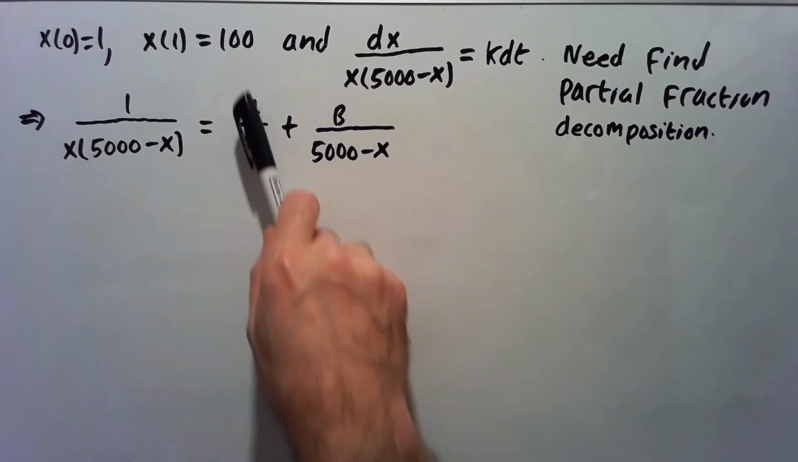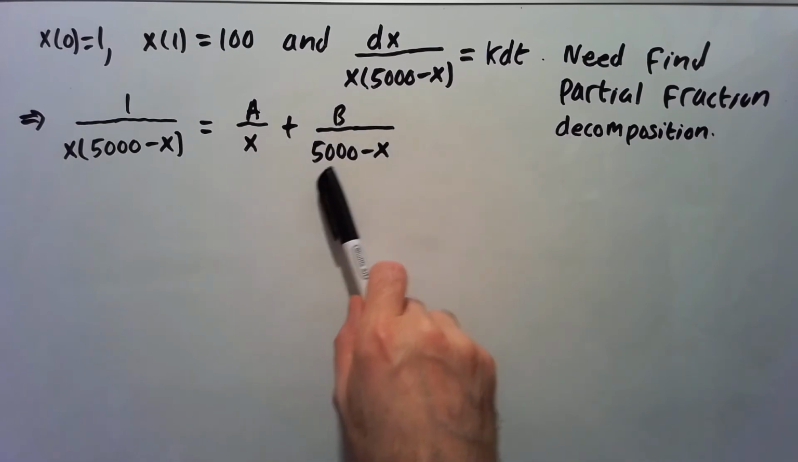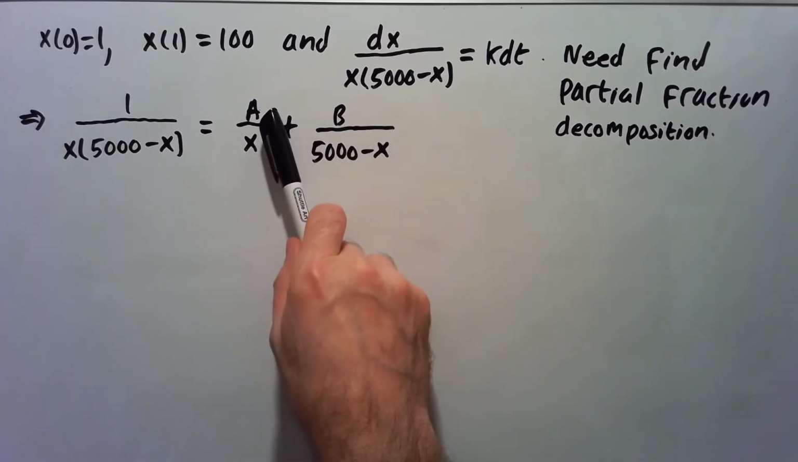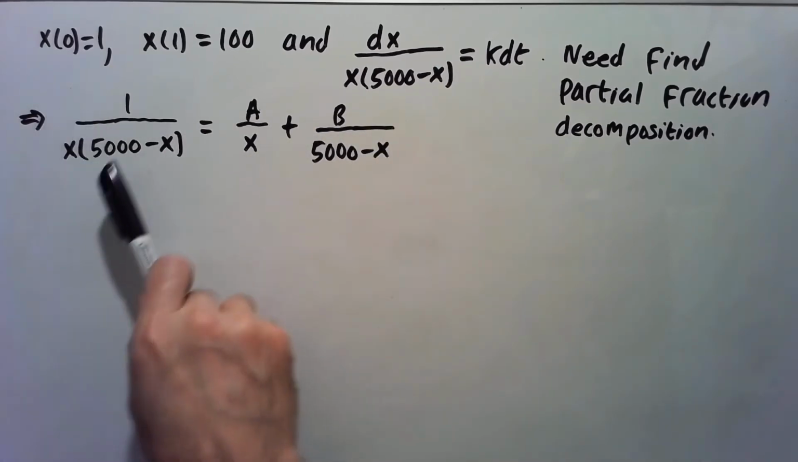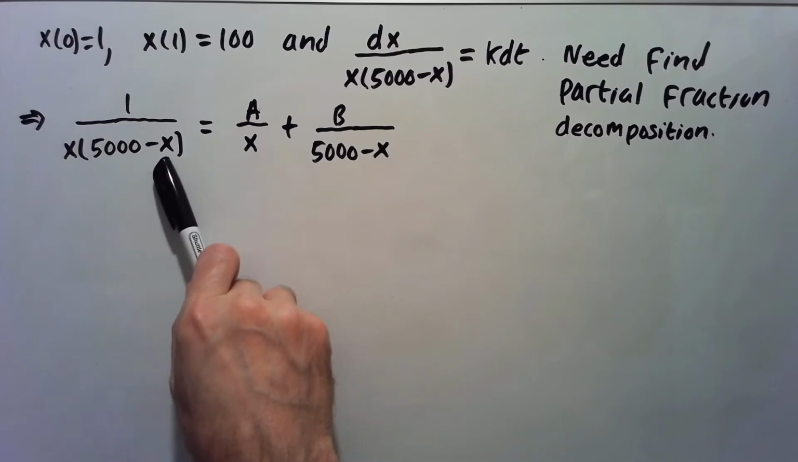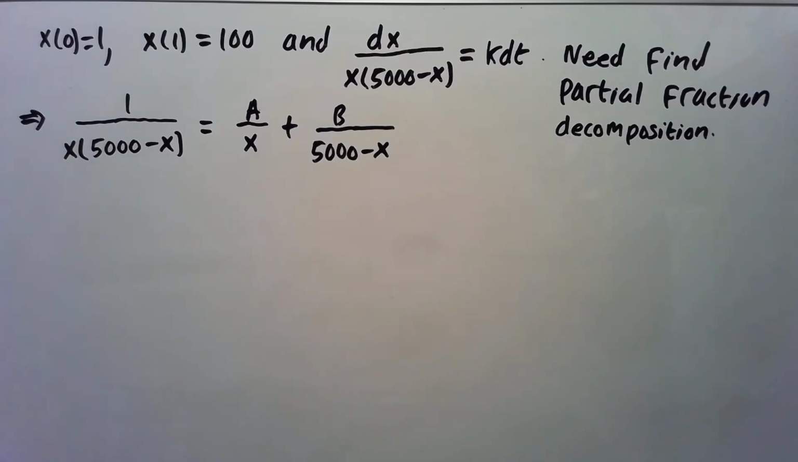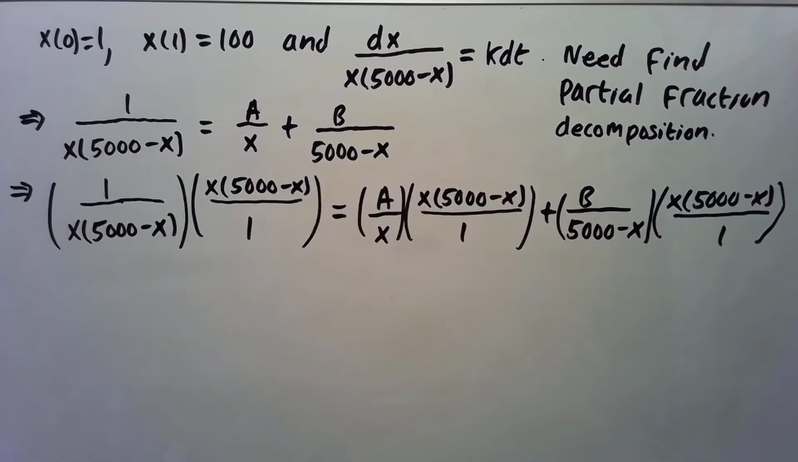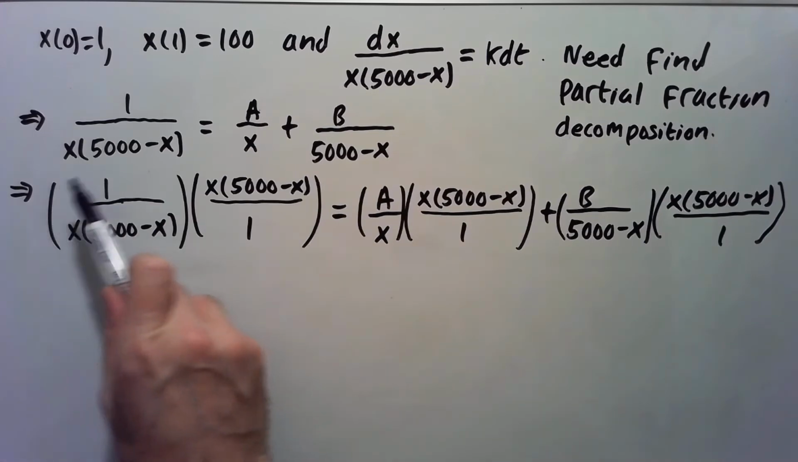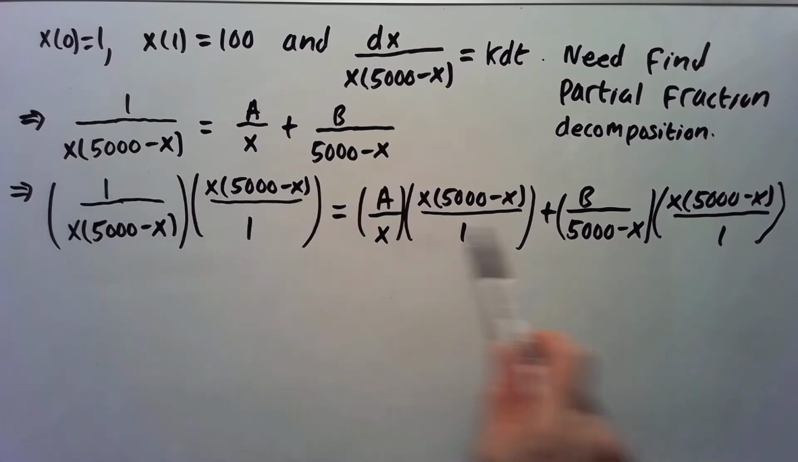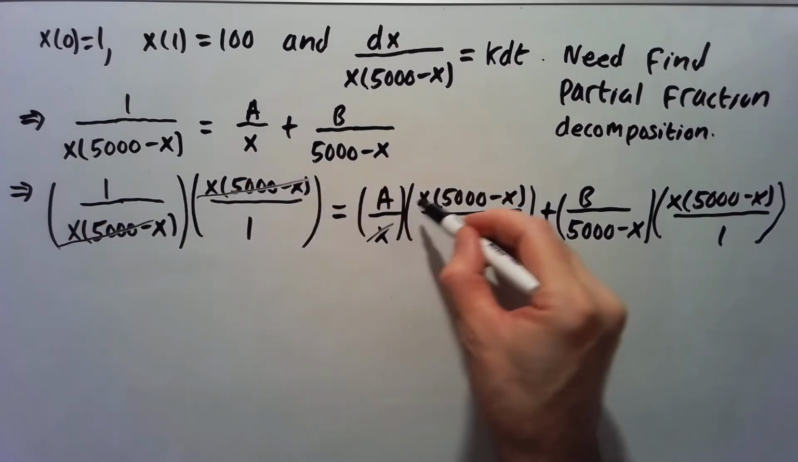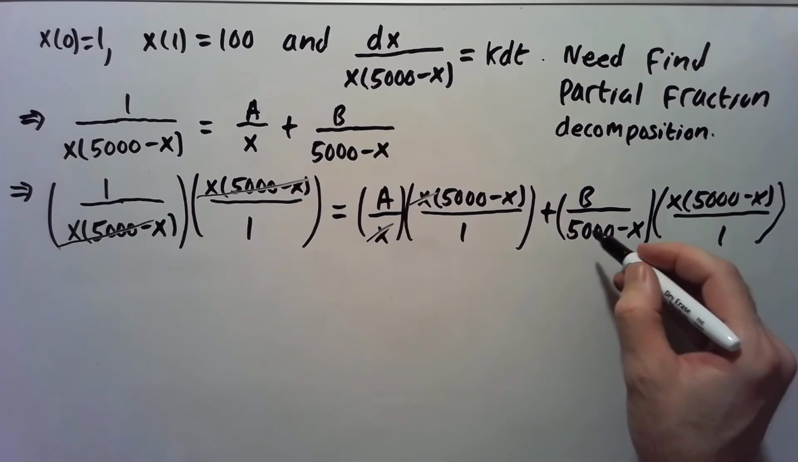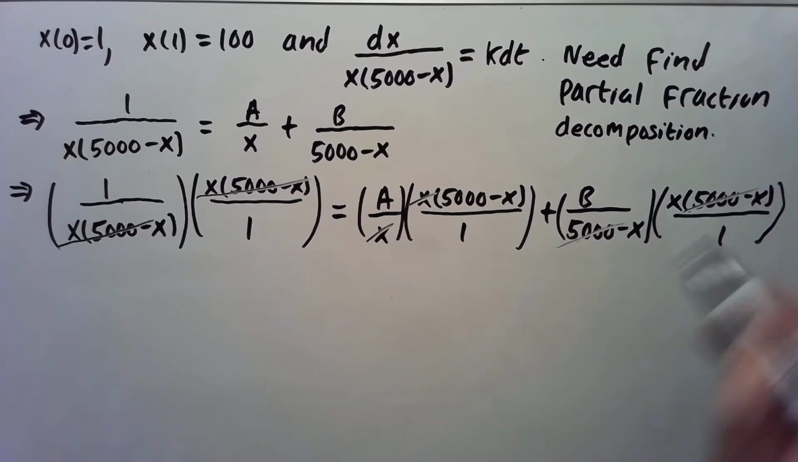So it's going to be a over x and b over 5,000 minus x. Our job now is to find a and b. So let's multiply both sides here by x times 5,000 minus x. So here the x's will cross off, and here the 5,000 minus x will cross off. So simplifying we get then